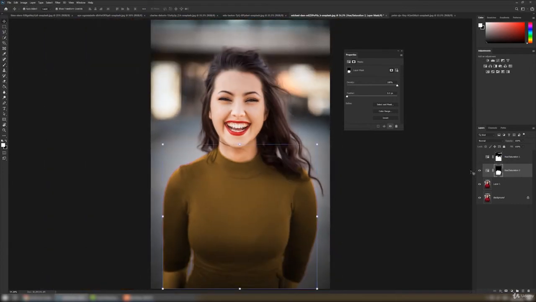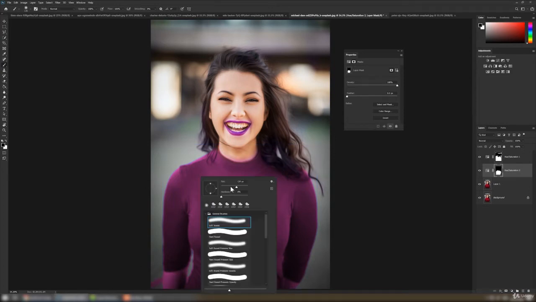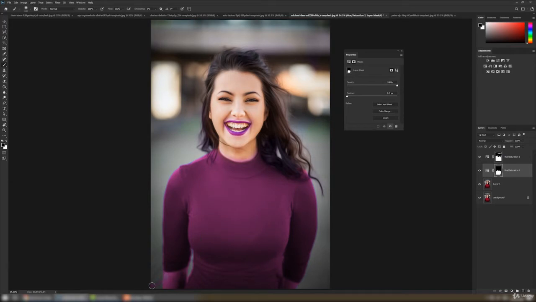So we have used this option from this drop down menu and it will work on every layer below this layer, and that's how we are going to change the color. You can always remove this area by painting it over with black color. We can turn this off and we can improve.